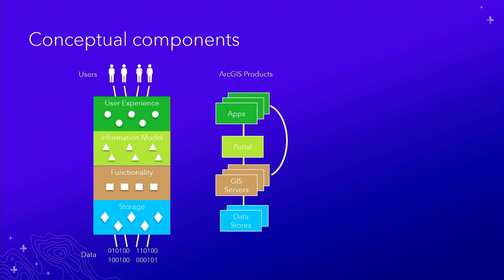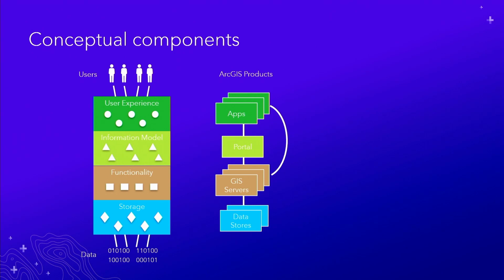It's really the portal that manages that information model. And when we say information model, we're really talking about maps and layers that are managed and stitched together in portal and then exposed to users through applications, which is really the user experience tier of the platform. And so these things all work together. They serve different purposes, and they allow for both very tailored experiences for specific sets of users, as well as